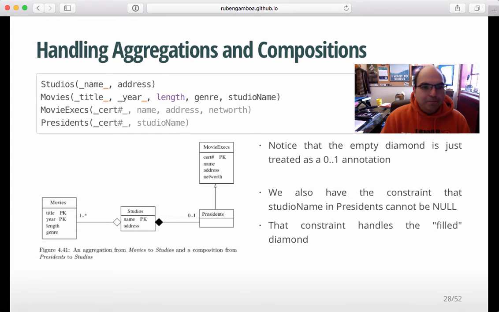In the relationship between presidents and studios, a president can work for only one studio. So in the presidents table we have the certificate number. We also have the studio name, which points directly to the studio. That's how we do it, and this works reasonably well. Now, if you're wondering, hey, that was the same answer whether I used an open diamond or a filled-in diamond, you're absolutely right. The only extra issue is that